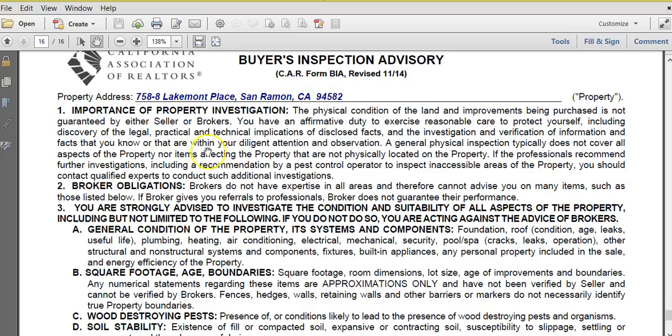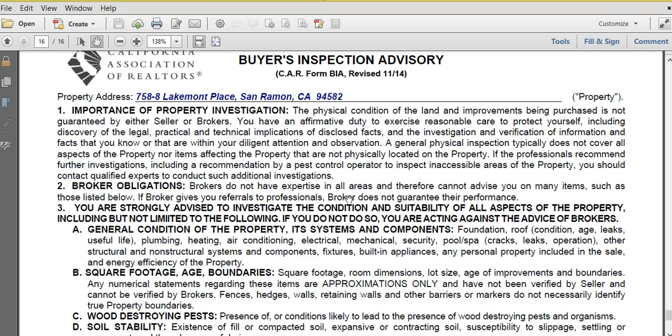And this is the buyer's inspection advisory, which goes into more detail. All it really says is it's very important to do an inspection. I've got a great inspector. He's waiting for the call. As soon as we realize that we are ready to move forward and that the property is yours and that you're in contract, then I'm going to send him right out there. And he's going to give you a very detailed report within 48 hours. And you'll be able to know clearly whether this thing is right for you and whether it is in great condition.